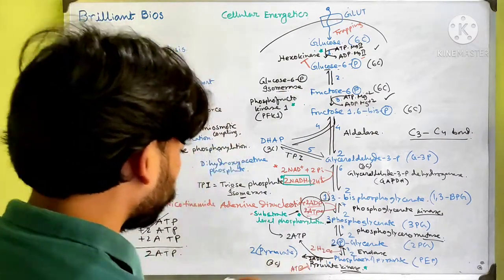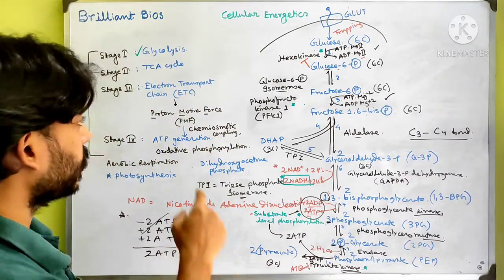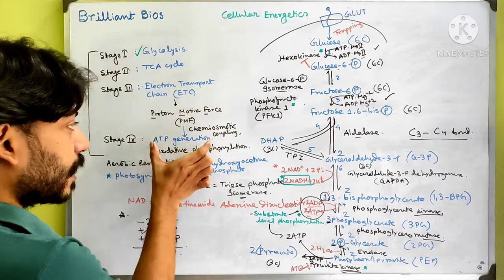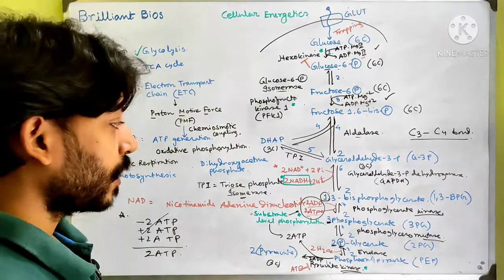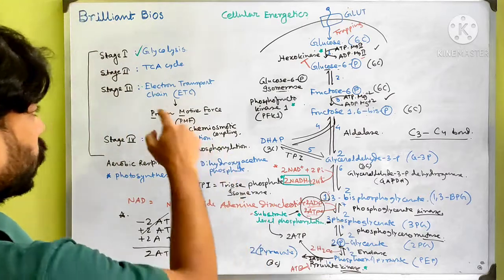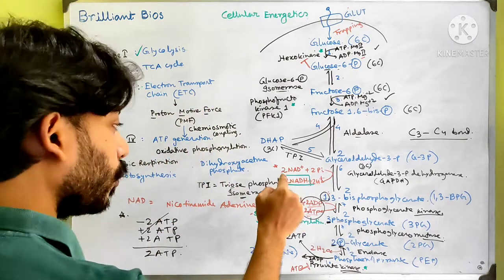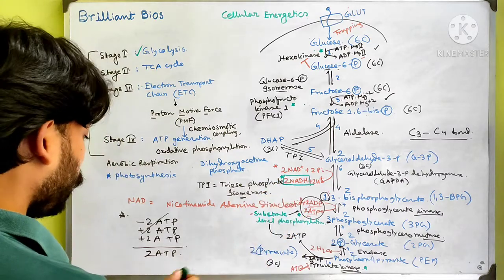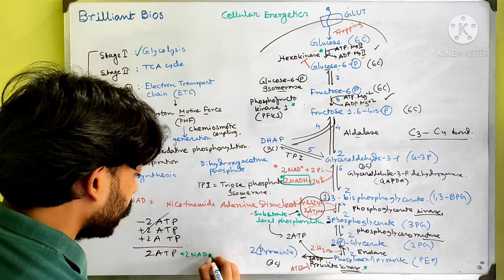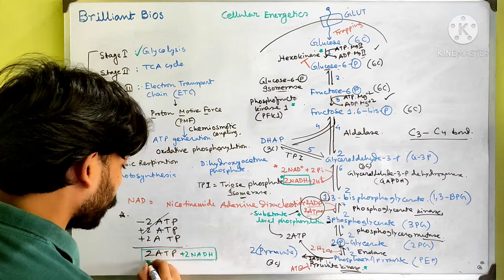But there is another important electron carrier that helps in the electron transport chain and in the generation of proton motive force, which helps in ATP generation. So it indirectly helps in the production of ATP. I will show you when I talk about the electron transport chain and ATP generation by the ATP synthase enzyme. So we will count this product also. So 2 ATP plus 2 NADH is our net gain. Must remember this.